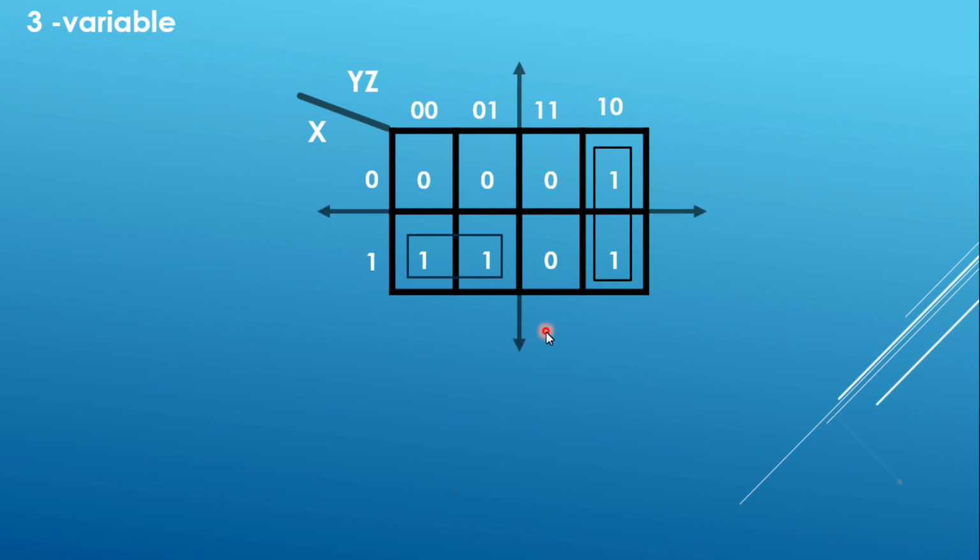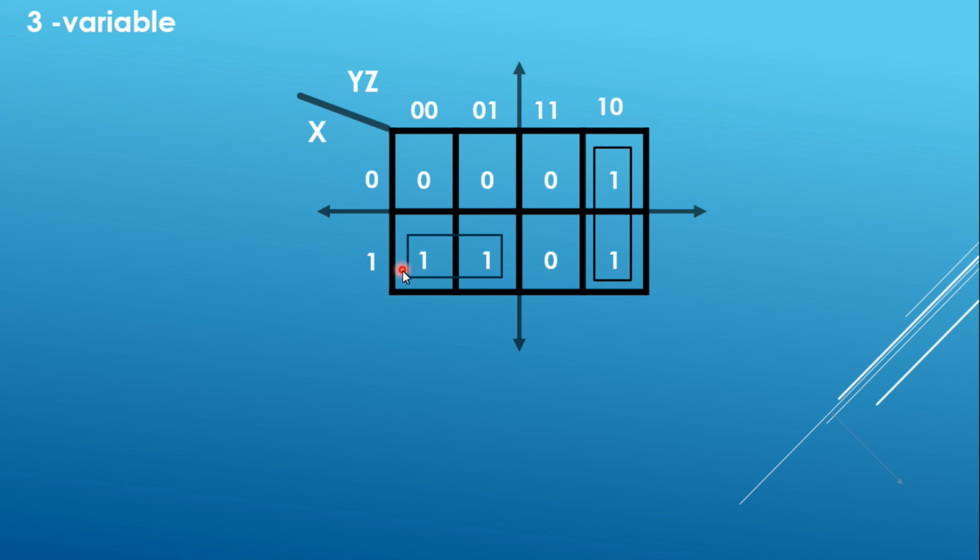But you can have another way of thinking about it, in this manner, that you have to imagine that the map is folded on the horizontal line, and it is also folded on the vertical line. So when it is folded on the vertical or the horizontal line, like in this example, the one here, if the map is folded on the vertical line, this one will fall on this one.